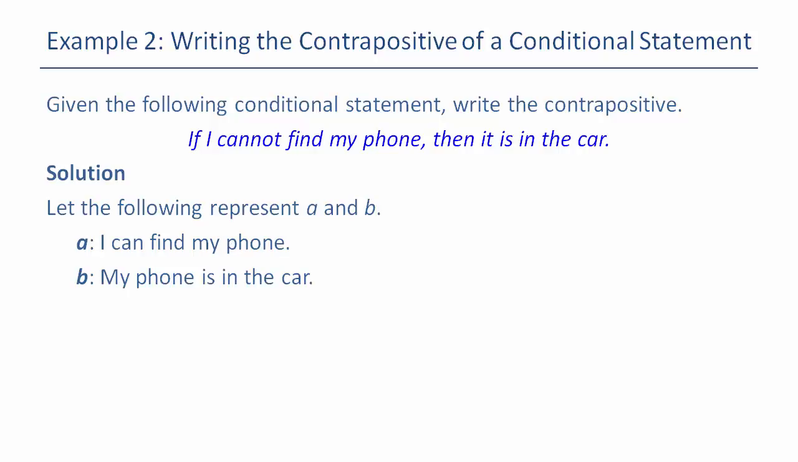So what is A? A is not "I cannot find my phone." Remember, we talked about this before. You always have to set your original statements as the positive version of the statement. So A becomes "I can find my phone," and B is "it is in the car," i.e. my phone is in the car. So that means